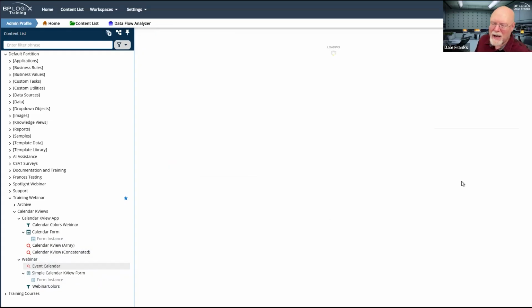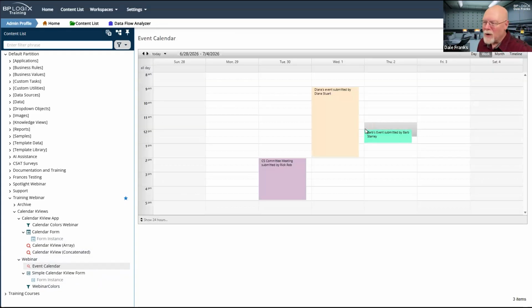If I set it back to calendar, okay, cool. I get a calendar and I mean, I guess I can refresh it, but I do not have an icon that will take me back to show it in a grid. So I can't actually go back and see a list of all of, in this case, form instances from which these calendar events are done. That might be fine for you. And generally, I think whenever you are showing this to end users, you probably only want to show them the calendar.